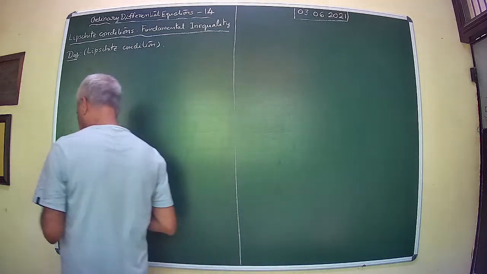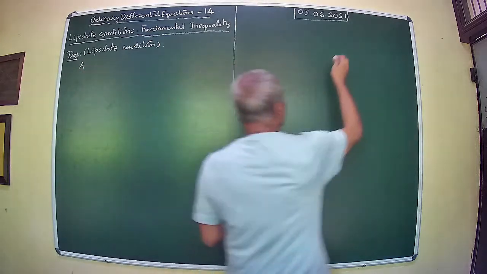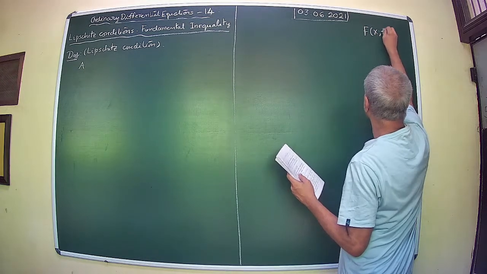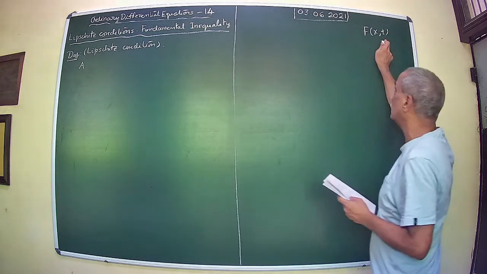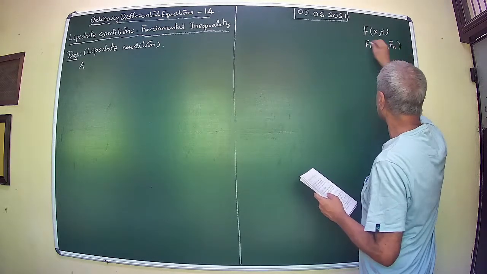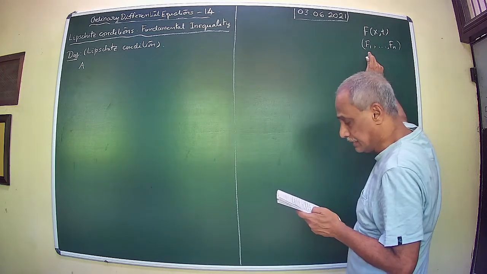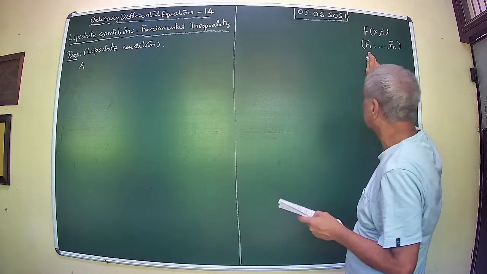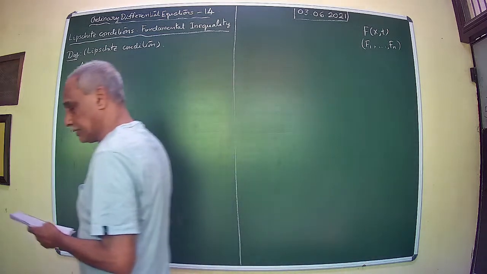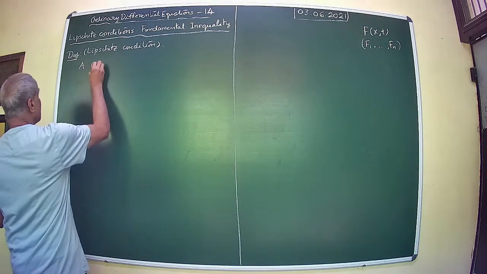A continuous function. So what we do is, we have to work on this function f. You know that this is a vector valued function, which has components f1, f2, etc. They are scalar valued. So what we do is we first define the condition for a scalar valued function and then put them together to get a Lipschitz condition for the vector valued function. So a scalar valued, a continuous